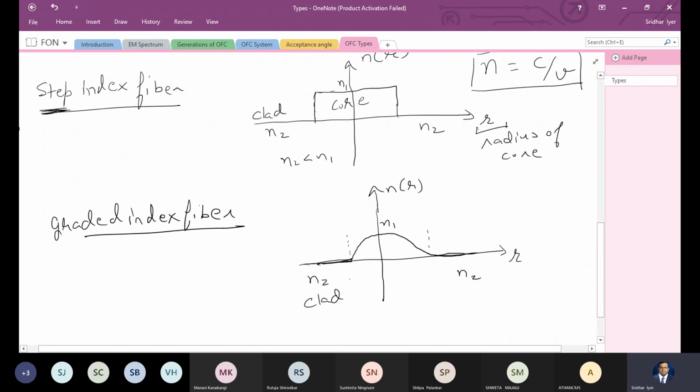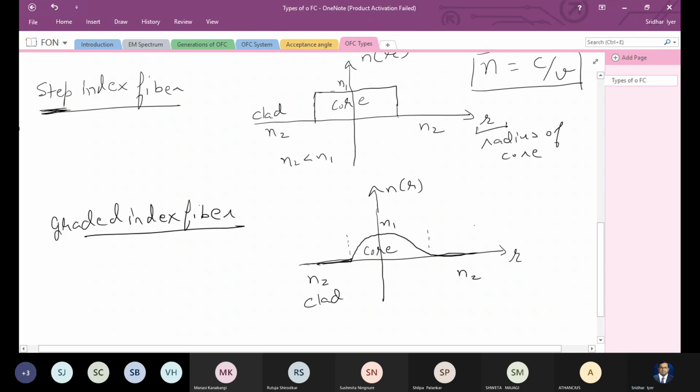So you can see the difference between the graded index and the step index. In the step index, there's an abrupt change in the refractive index, whereas in the graded index fiber, there is a gradual change in the refractive index. Right. So we can see what would be the advantage